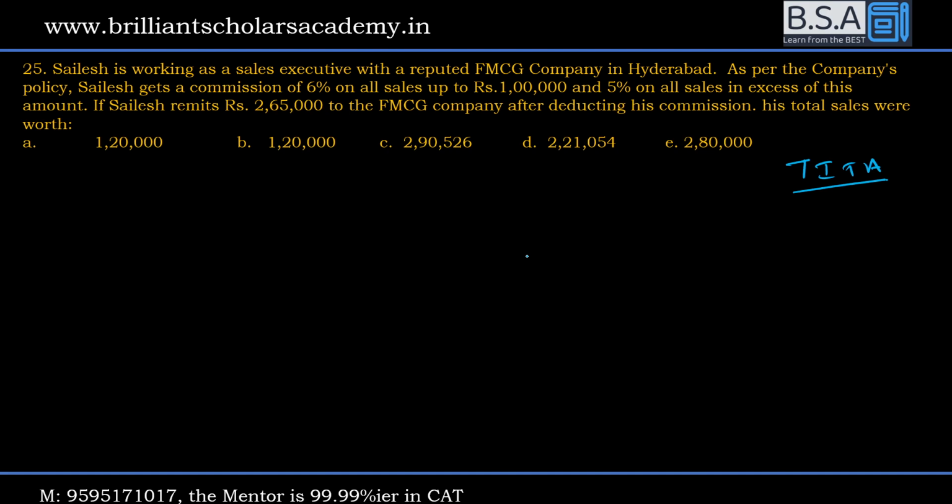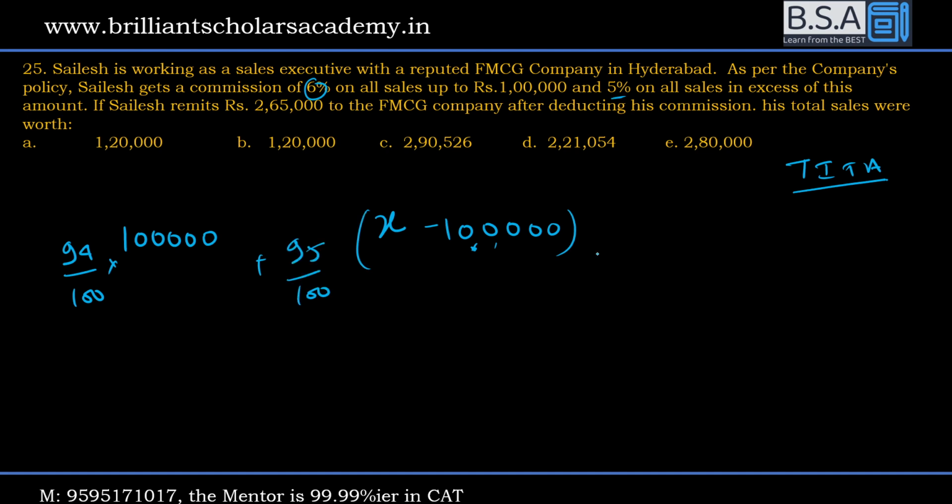I'm imagining he has made a sale of X lakh rupees, or X rupees. On 1 lakh, he takes 6% money. So if he takes 6% money, can I say he is giving back the company 94% of this? On X minus 1 lakh rupees, the excess amount, he is taking what amount of money out of this? His commission is 5%. So can I say he is returning 95% back to the company? And both these sums are equal to